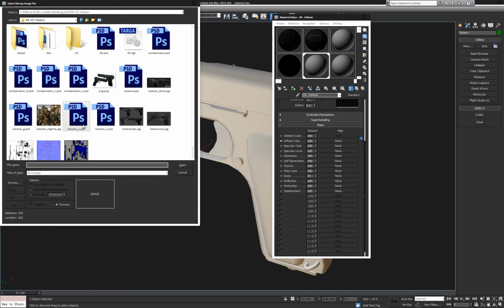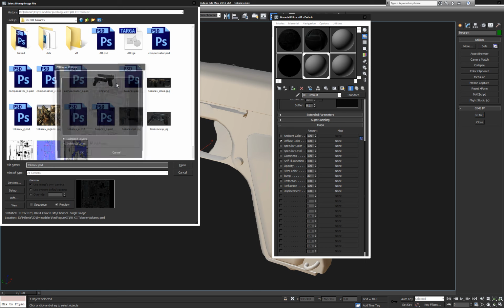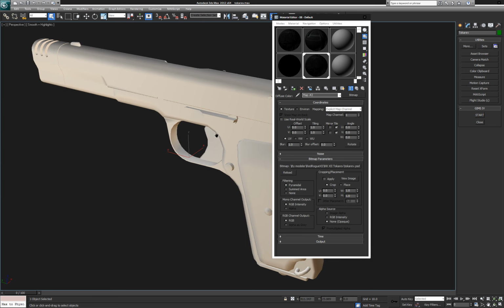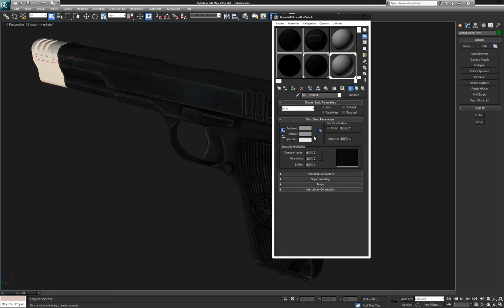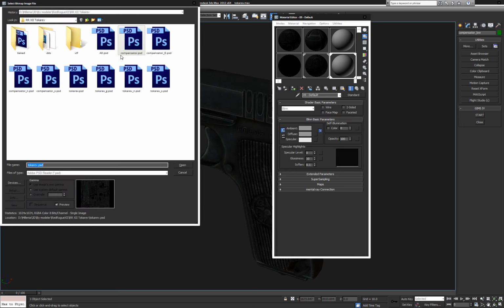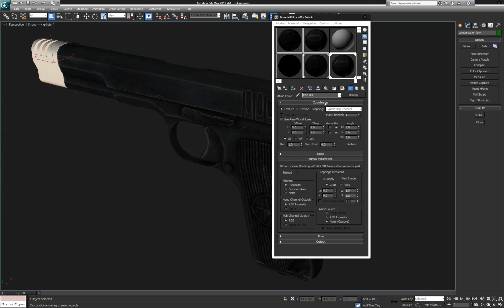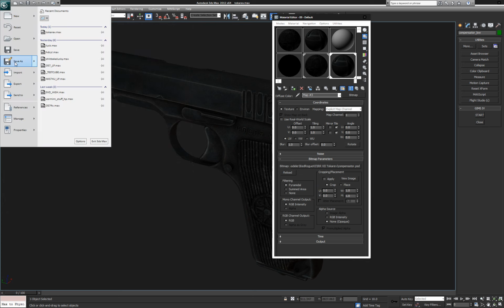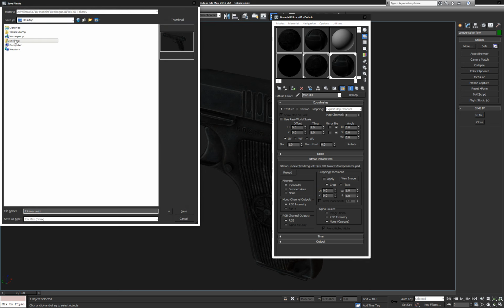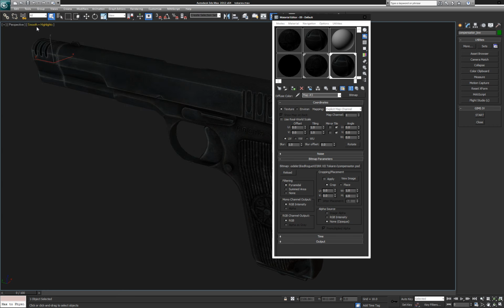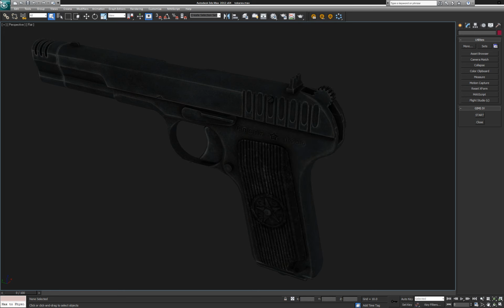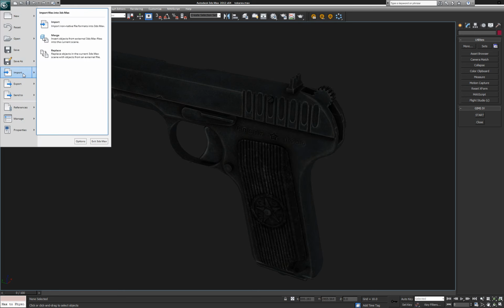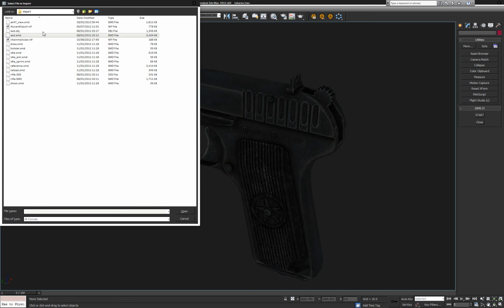And I'll apply the tokarev.psd and the compensator.psd for the compensator. And I'll also save this as a separate file. Okay, and I'll just import with the SMD plugin